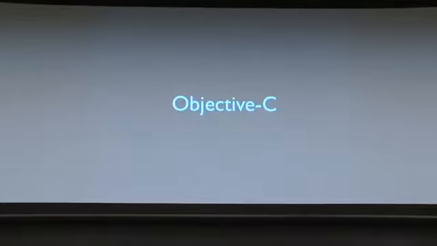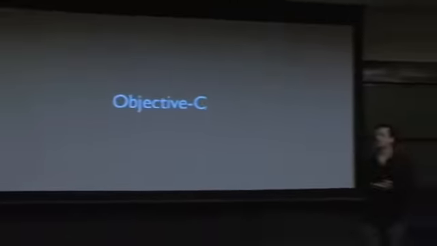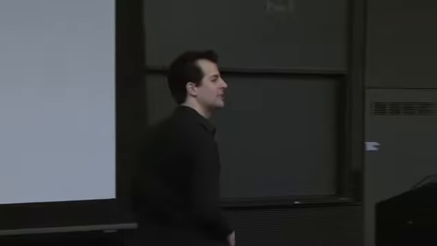Objective-C is the language that Apple chose to use for the iPhone and, more generally, iOS platform development. This is an object-oriented language. It's a superset of the language called C. You will find syntactically that it might kind of bend your mind at first because they made some interesting stylistic